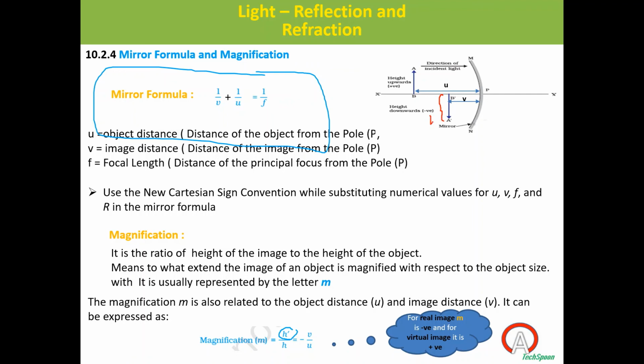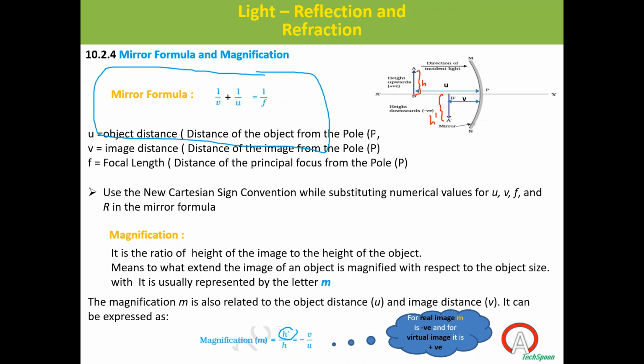So this is image height, h dash. We will represent it using h dash. What is this height, Adish? I will represent it as h. How will it be image height? This is object. B is object. A dash B dash is the image. So this is object height. H is object height and H dash is the image height.